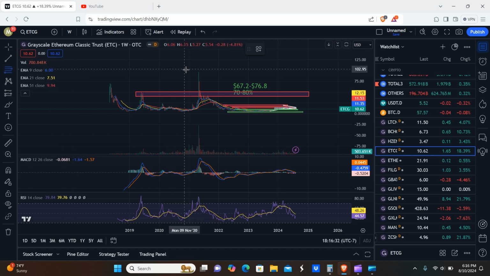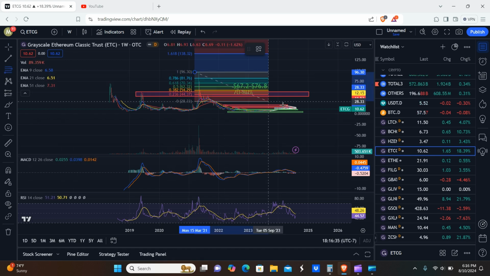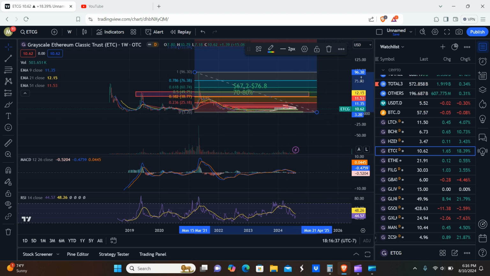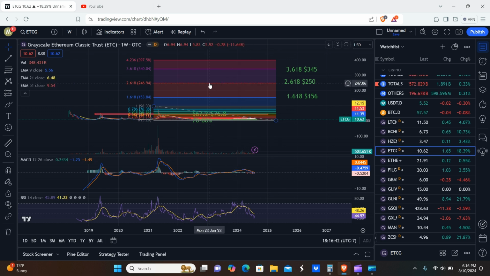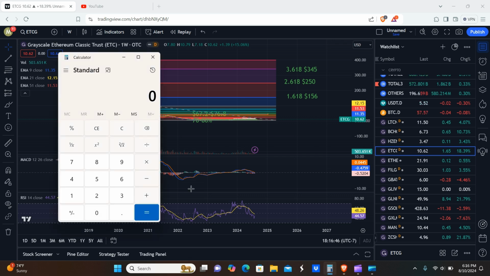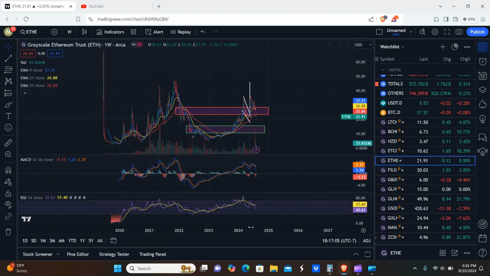So now we'll do the measurement for the macro scale. I don't know that that's exact there, but we'll just use it anyways. So you're looking at roughly 155, 247, 341, and 399. So we'll just round it up and say 400 all the way up at the peak. So you're going to get roughly, I think, like a 38x, which in my opinion is still amazing. I mean, I don't know anybody that's going to be upset about a return like that. So 75,000 on ETCG.